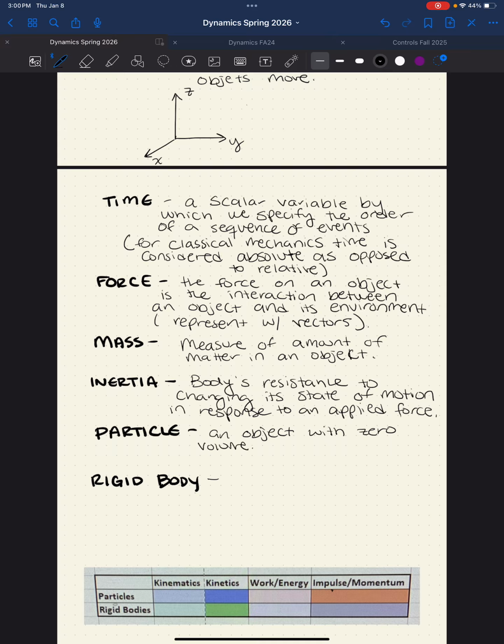And we know that in real life, there's really nothing at all with zero volume. Everything takes up some amount of space in real life. So this particle is a theoretical object whose mass is concentrated